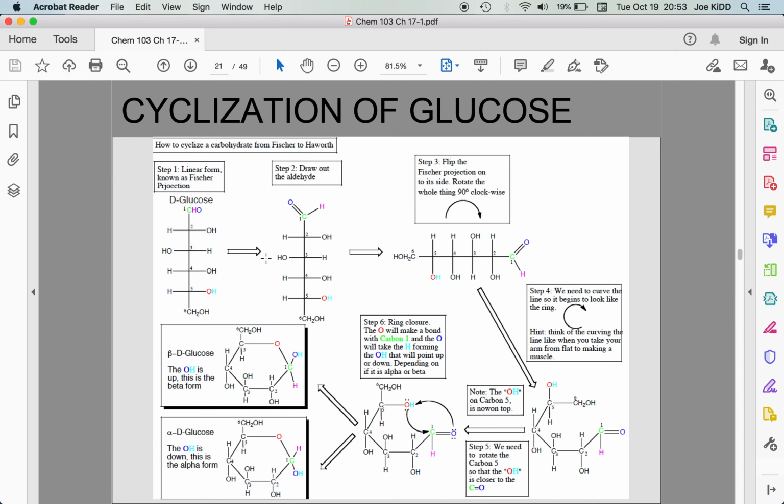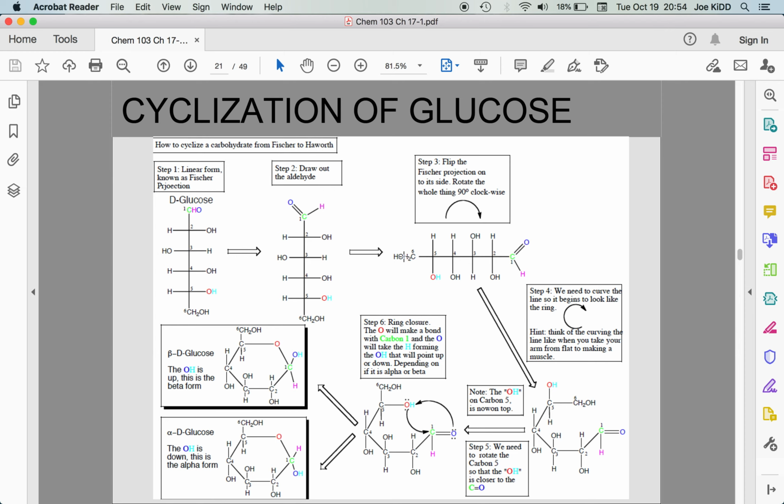To help get everyone through what's happening in the conversion from a Fischer structure to a Haworth structure, I have color-coded each step of the process for D-glucose. And so here we can see our aldehyde group at the top, and our hydroxyl group that determines that it is the D form. And we go through and we see that we are now just going to write this out lengthwise so that we can see what's going on. And the first step towards a Haworth